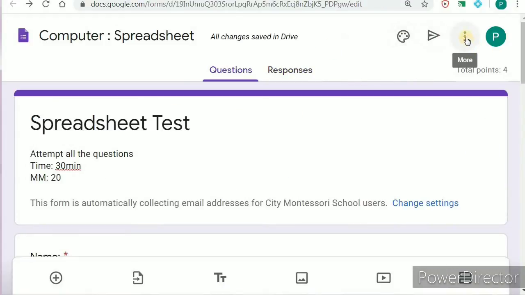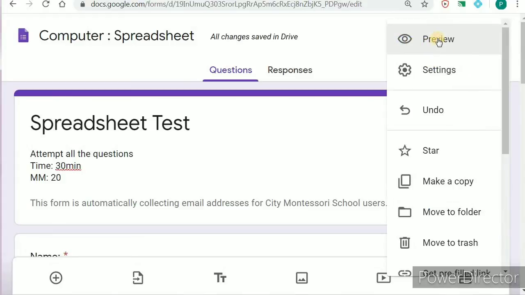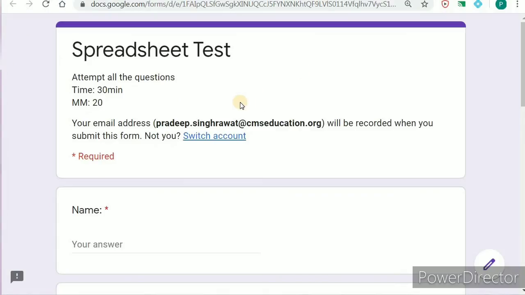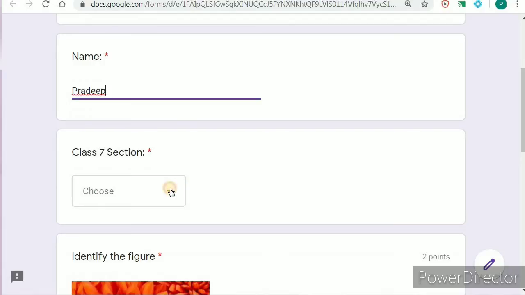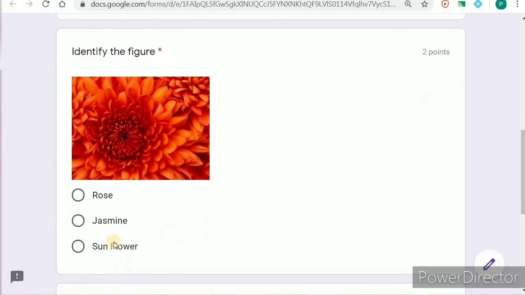Now we'll see how they will fill the form or how they will attempt the questions. Suppose we do the questions here, and then we'll see how they will get the grades, how they can see the answers.